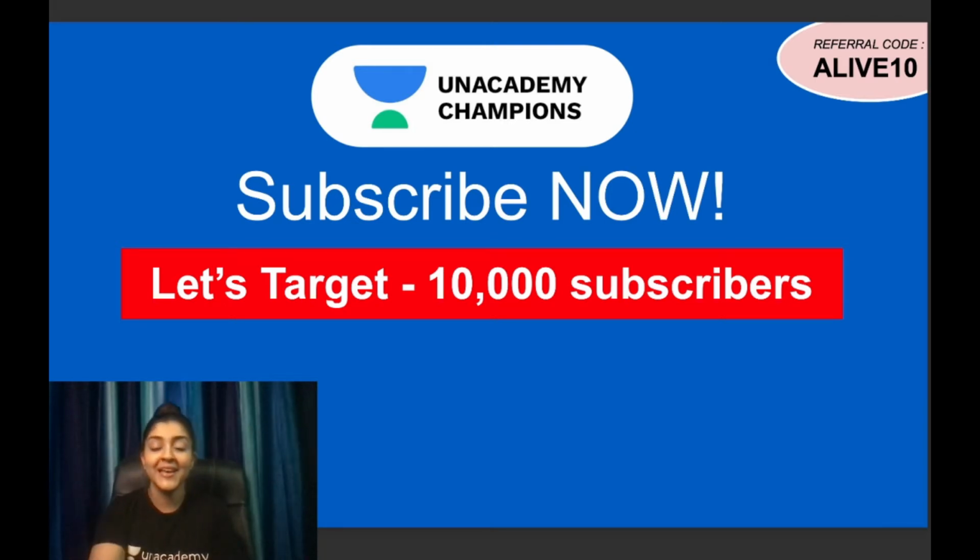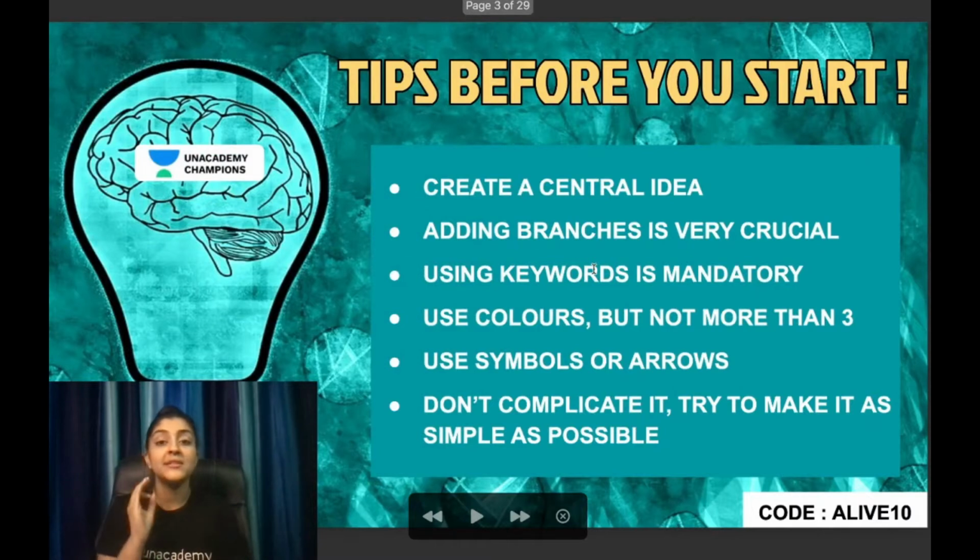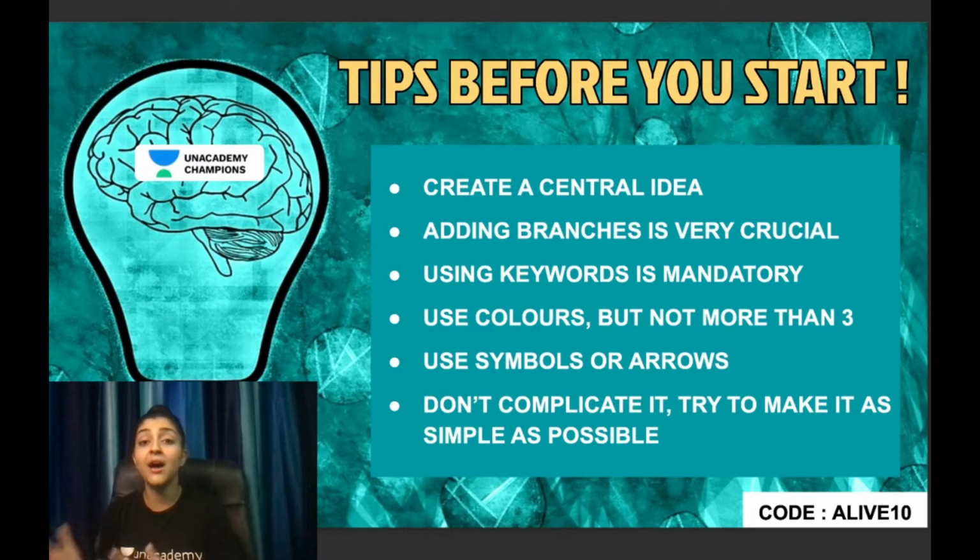So let's begin, guys, and see what are the tips you need before even starting to make a mind map. So the first thing is having a central idea. You people cannot go ahead and make a mind map of 3 or 4 chapters, or sometimes some bigger chapters are there, so you can't even make a mind map of a whole chapter. You need to segregate in such a way so that that mind map is useful for you, as well as it is easier for you to revise from that. It should contain those important terms. So for that, you actually need to have a central idea of what you are actually going to sit and make.